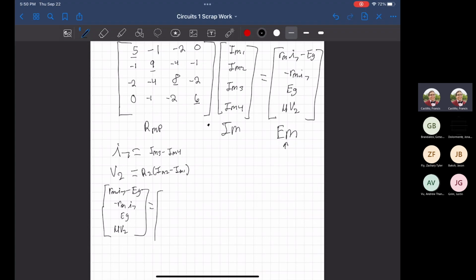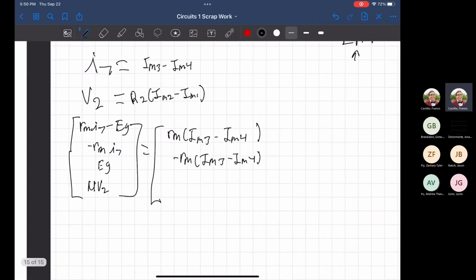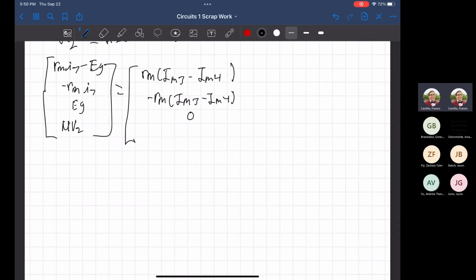So it is going to become something a little bit bigger. 3 minus I4, and then negative R and 3 minus I4, 0. I will explain shortly why that's a 0 there. And 2 and